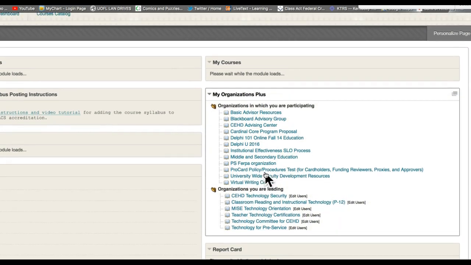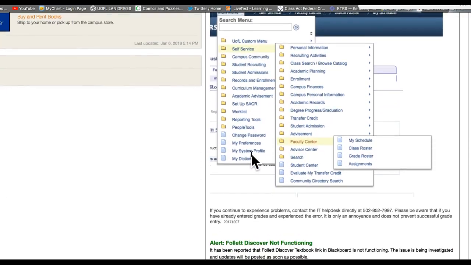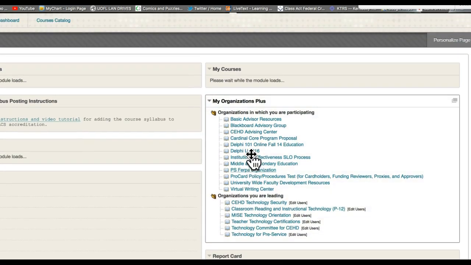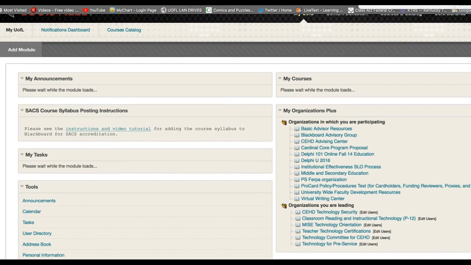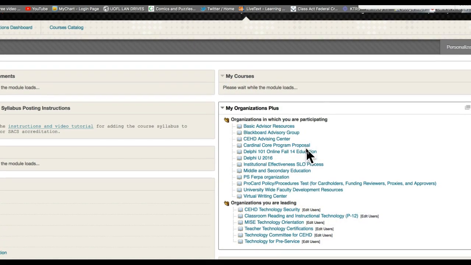Now, as you can see, I'm in Firefox, and it's already having some problems talking with this new version of Blackboard that they upgraded over the winter break. So I'm going to give this a second or two to see if it's going to load in. I'm going to look around and see if there's any kind of warning that there's a problem with Firefox and this version of Blackboard.